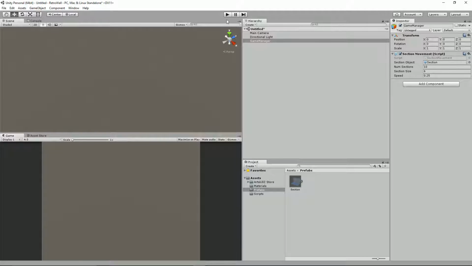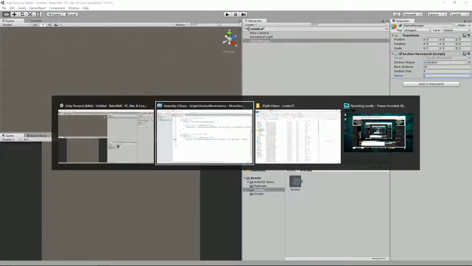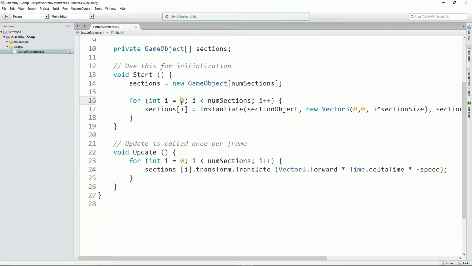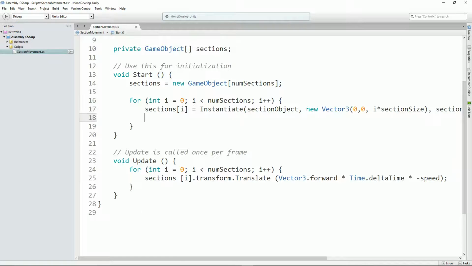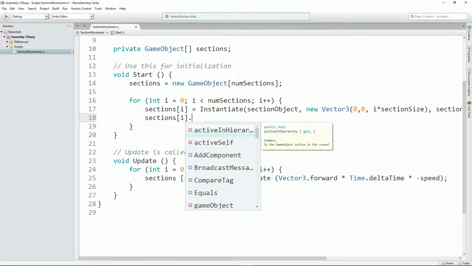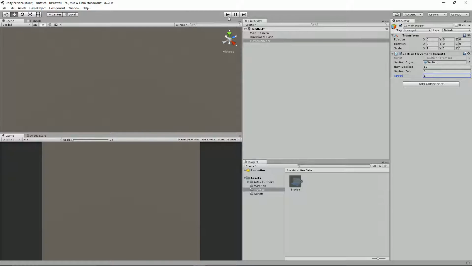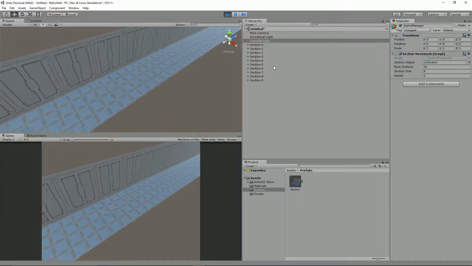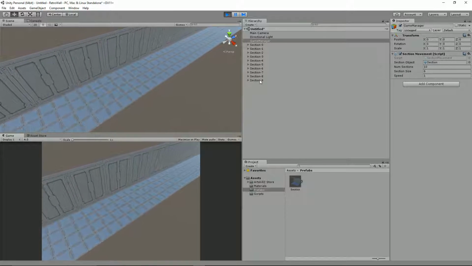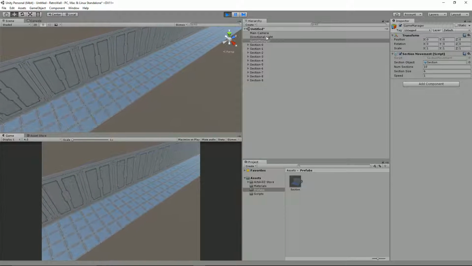But of course as soon as I stop it, it runs out. One thing I would like to do as well, just so we're clear, when we create these sections, let's make sure we say sections[i] is a game object. Name, there we go, equals "Section-" plus i. What that'll do, I'll show you now, make it a bit easier for us to identify which section's which. You can see 0, 1, 2, 3, 4, 5, 6, 7, 8, 9. That will be useful, I think,